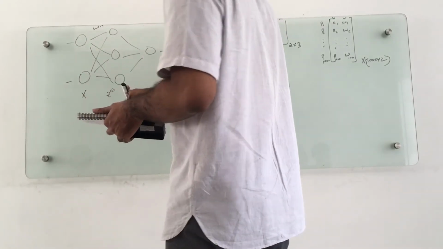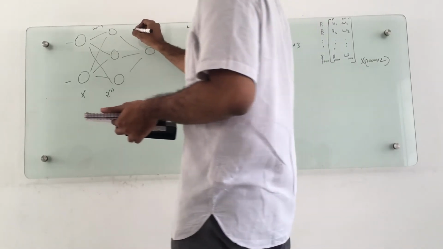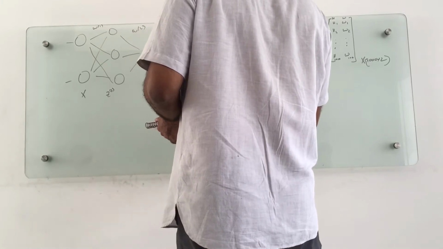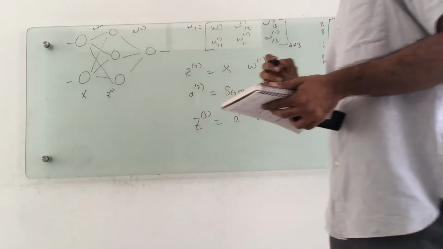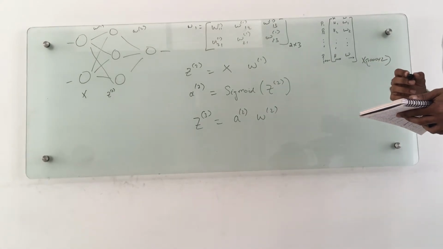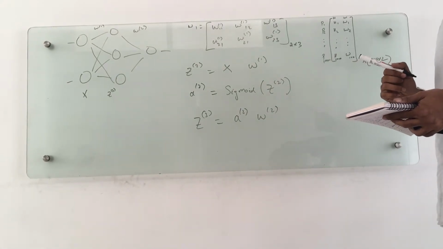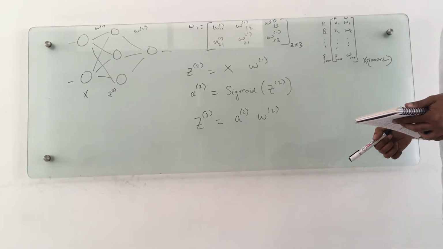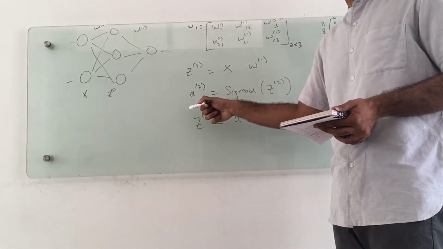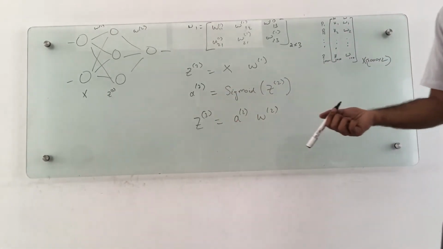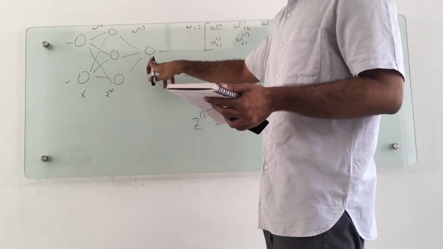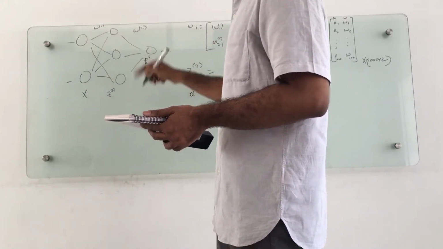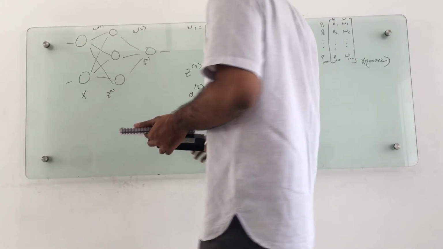Whatever A2 that I had goes into this W2 matrix. This is Z2. There are 3 neurons in between, right? That is why this 3 came here. This is your activation, the output of your activation. You can call it A, alpha, whatever. Now you come till here, Z3. The final Y predicted value